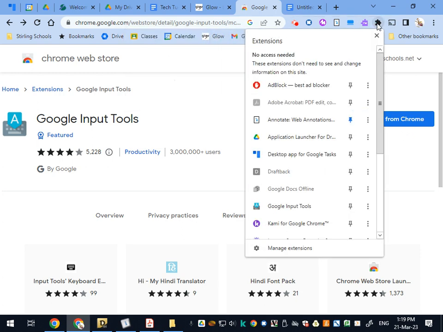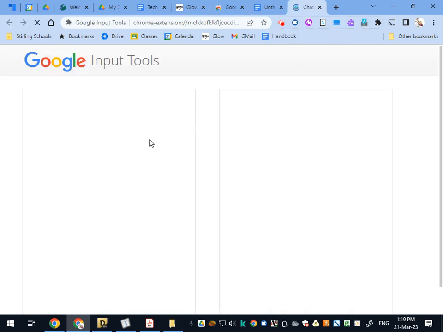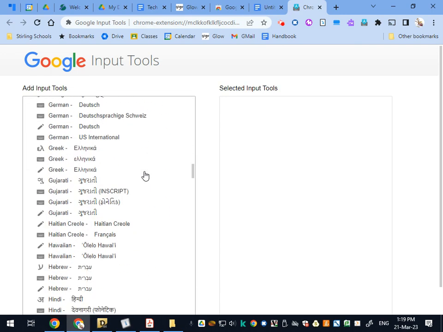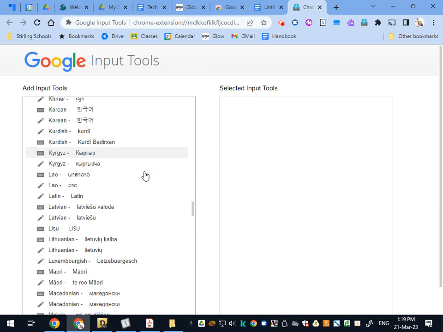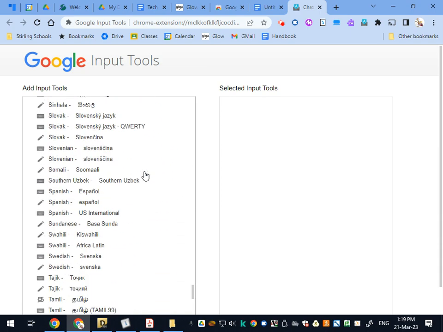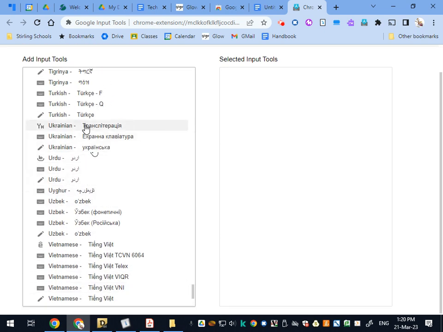And it's a good idea just to go into your little jigsaw icon and pin it so that you can see it. You might need to show people how to use this the first time round. And really all we need to do is go into there, go into the options and select the languages that we want. Now, I'm going to focus really on the keyboard input, although it does have the capacity